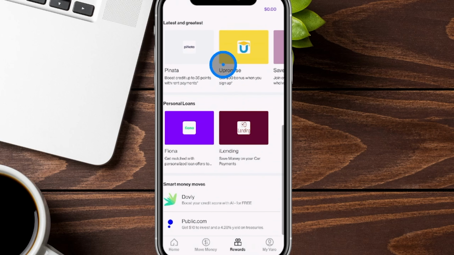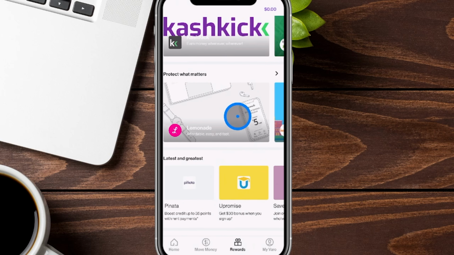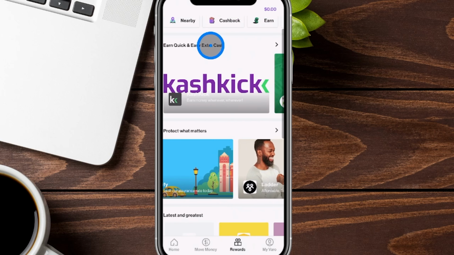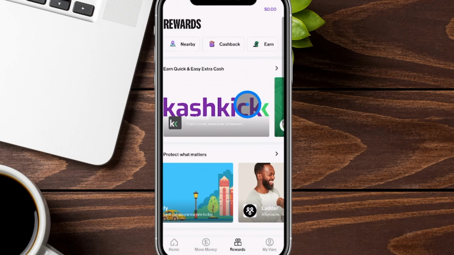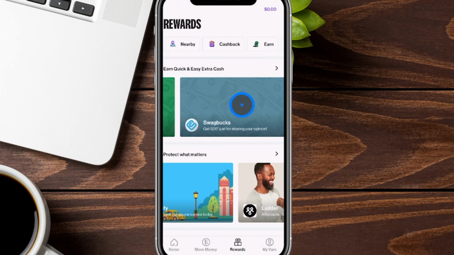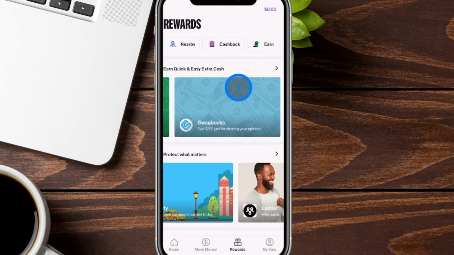They do have options for personal loans. You can see there, you can do Lemonade Insurance, Insurify, all those different apps. And you get sometimes decent cash back, but it's nothing crazy, I would say. You could see Inbox Dollars, you get $20 for signing up, or Swagbucks, you get $20. So nothing crazy in total, but once you do get that, it's going to go over here to show you